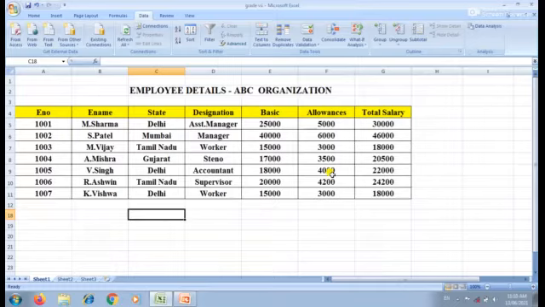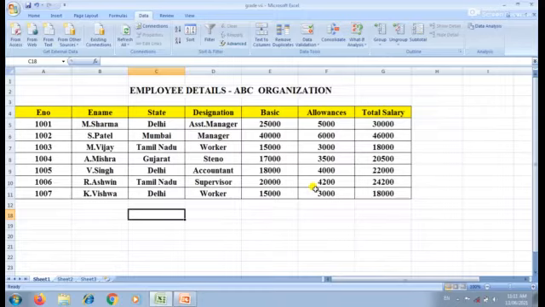Don't forget, student, here I need the details of employees who are getting a basic more than or equal to 20,000 and allowances more than or equal to 4,000.